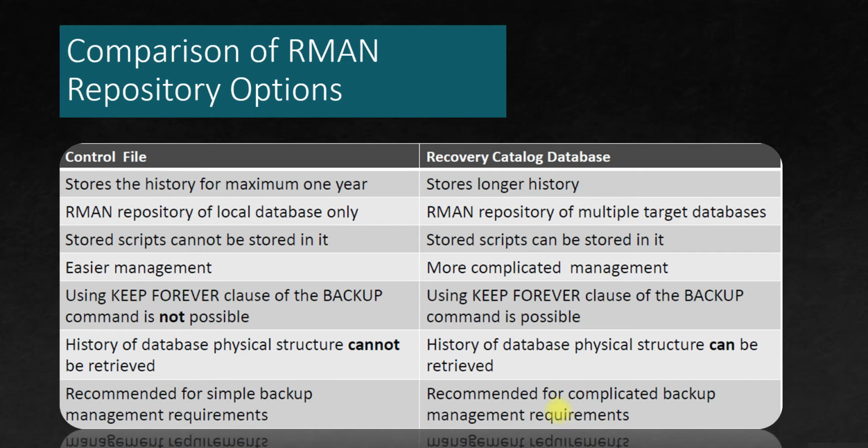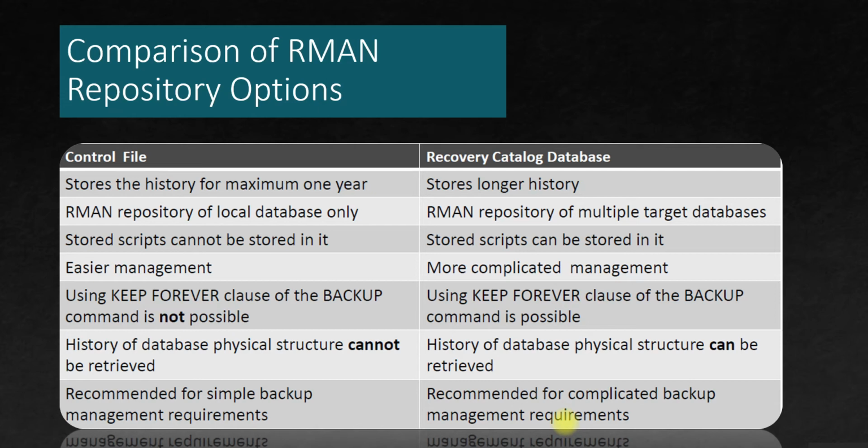What control file will do is it will store the history of the backups for a maximum of 1 year, not more than that. So you see the limitation here. What recovery catalog does is it stores the history of the backups longer than 1 year, or it can keep the backup as long as you want to, and as long as your database supports it. RMAN repository of the local database only. What it means is